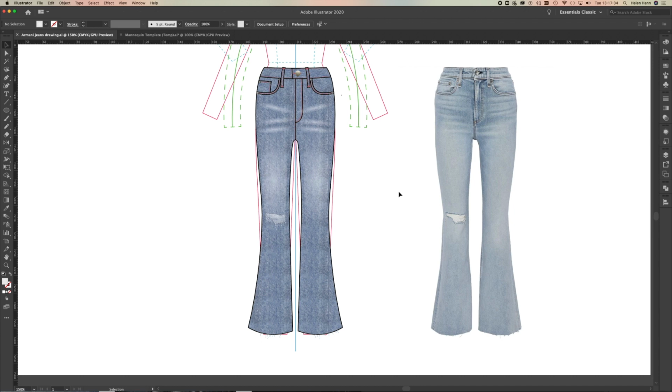In this particular video, we're going to be looking at drawing trousers and very specifically jeans. Following the blazer video that I made where I used an image taken from the fabulous website Outnet. I use Outnet because their photography is great, and they also have an incredible range of great clothing to pick from. And I picked a pair of jeans to copy, and you can see this is my rendering of those